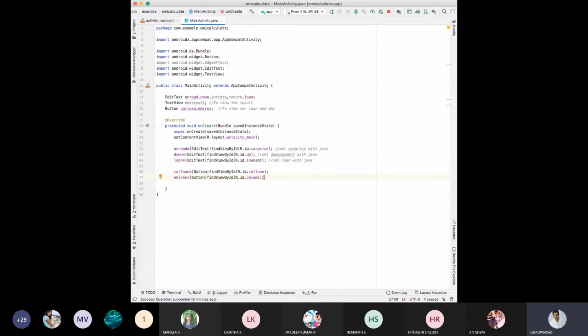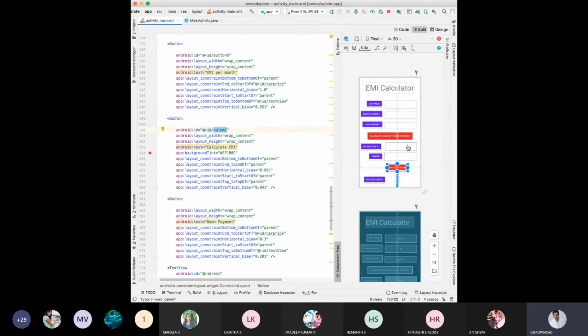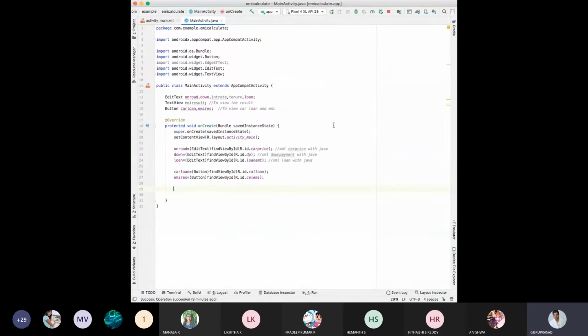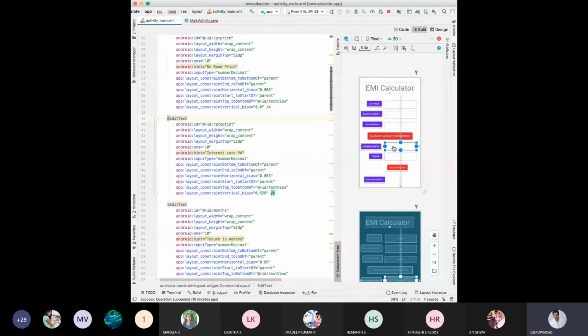Then we have two more edit text. One is interest rate edit text, one is tenure edit text. Interest rate is equal to, there is an edit text, find that view by ID r.id. What is the ID for interest rate? ID for interest rate is rate of interest.